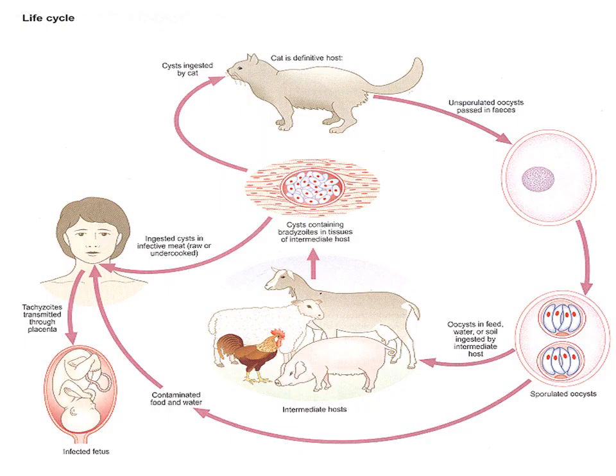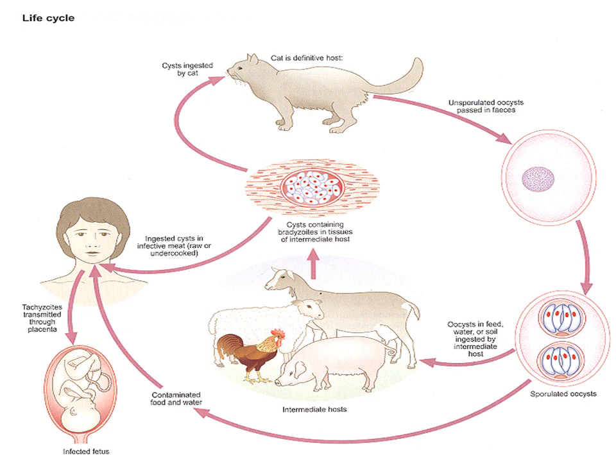This slide shows the life cycle of Toxoplasma gondii. The cat is the definitive host, and when sporulated oocysts pass in feces, the oocysts undergo sporulation. A human can be infected either directly, by eating food and water contaminated with cat feces containing oocysts, or indirectly, when intermediate hosts such as sheep eat grass contaminated with cat